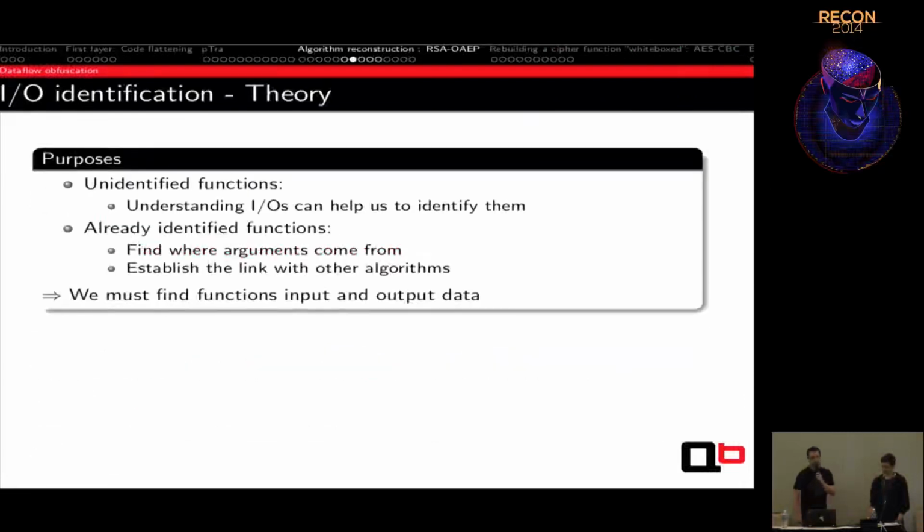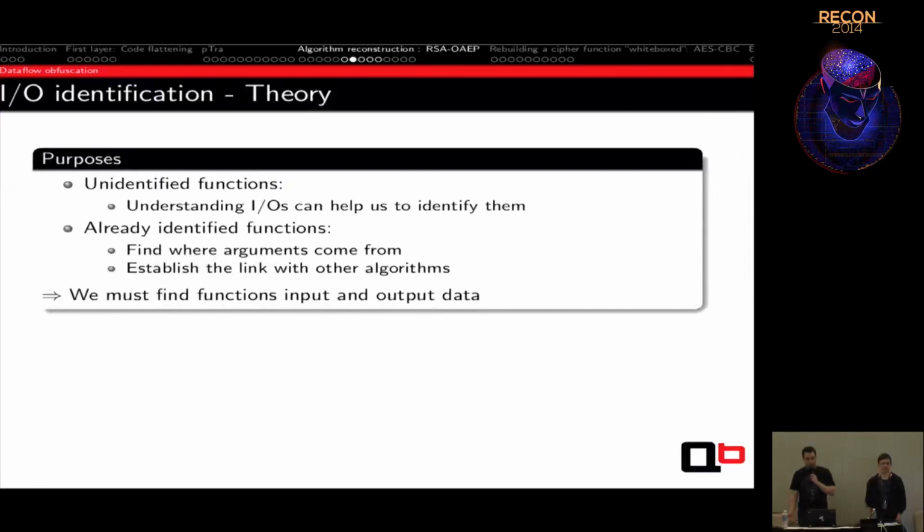Next one, we needed to identify inputs and outputs on a function. Basically, for the SHA-1, we needed to know if the output data of the SHA-1 function is really the original SHA-1 value, and to check if it's not modified. So we have to